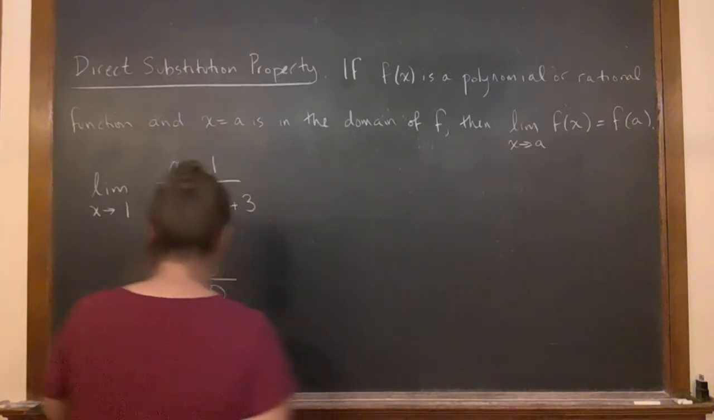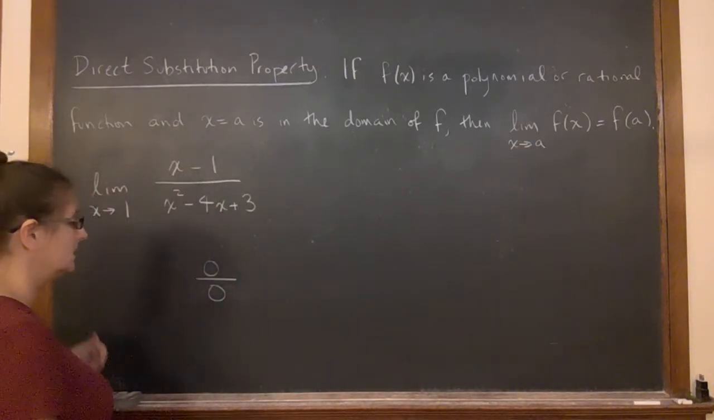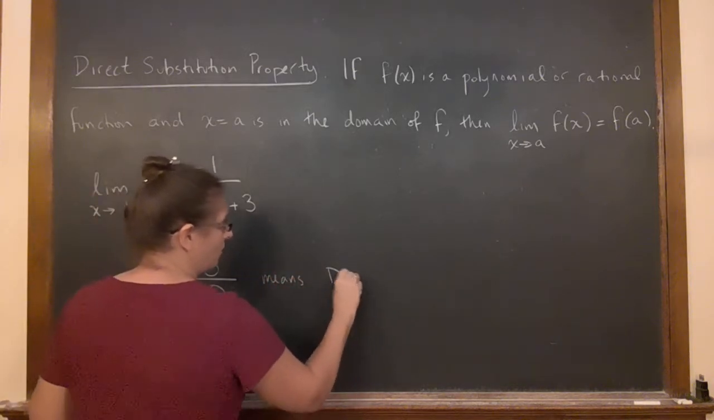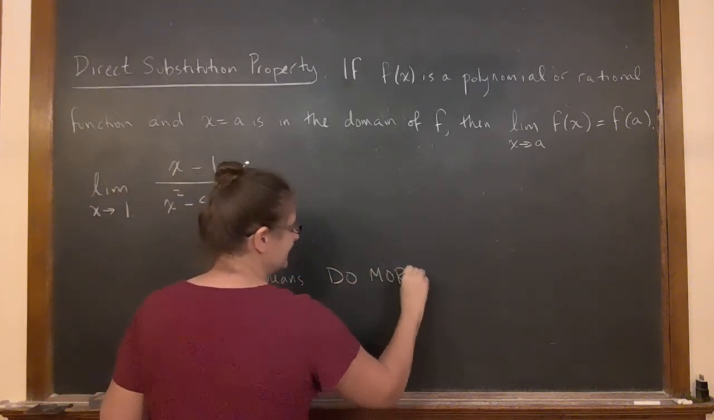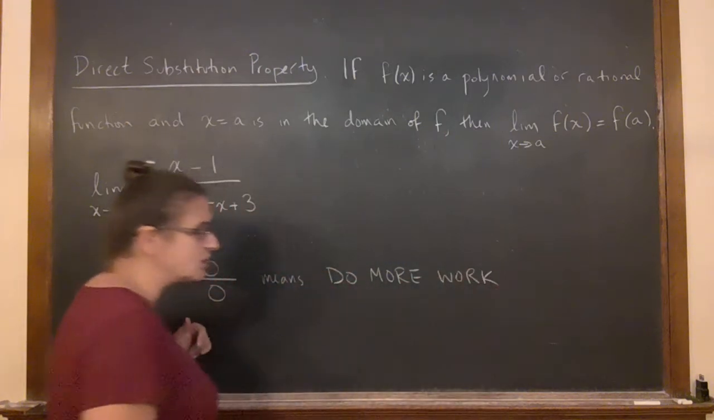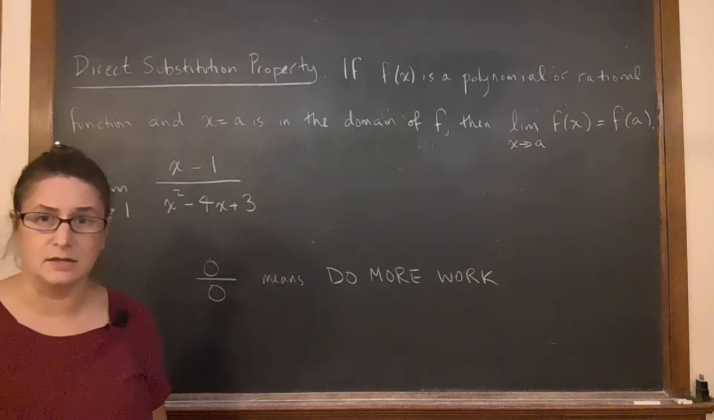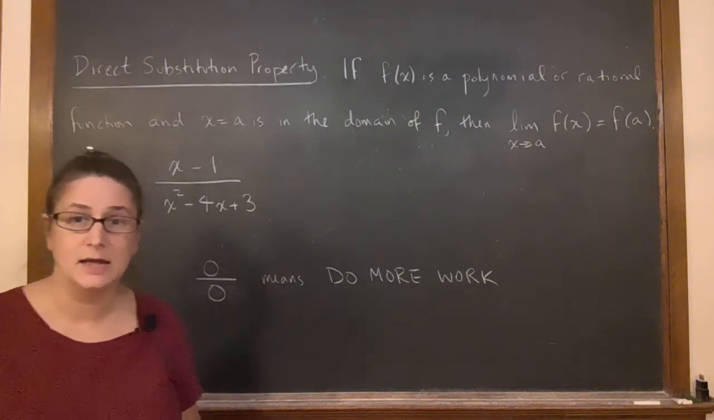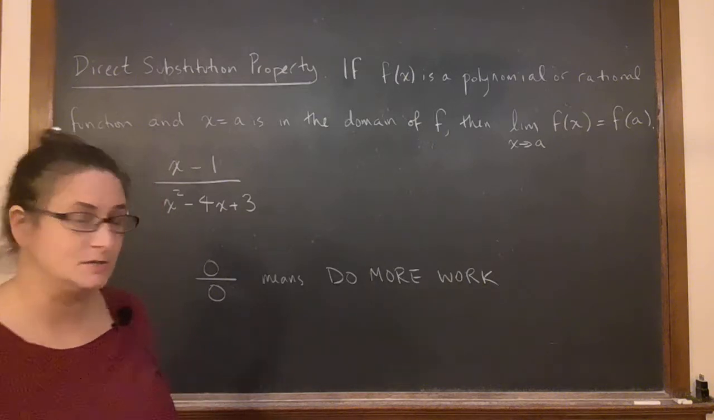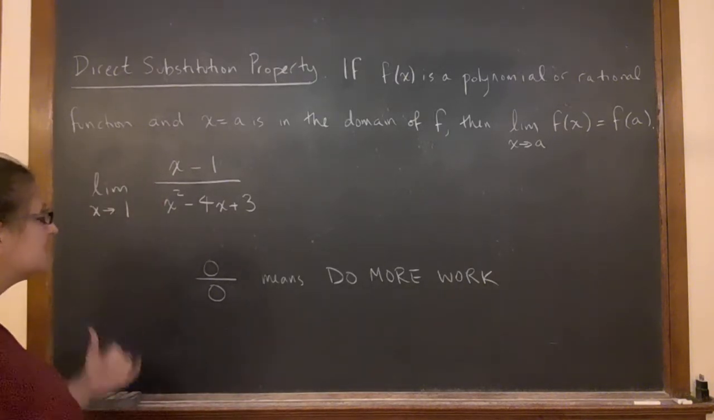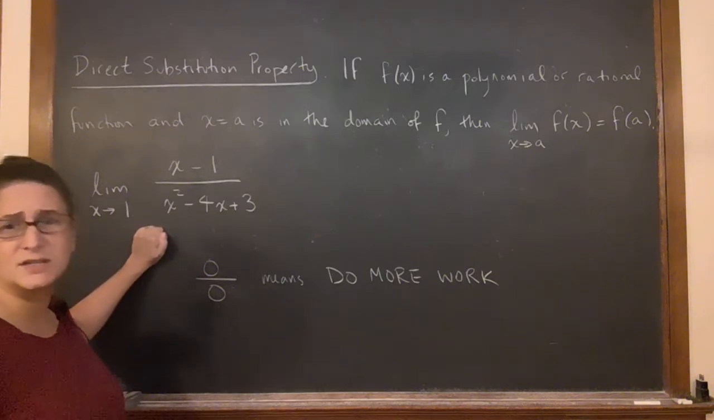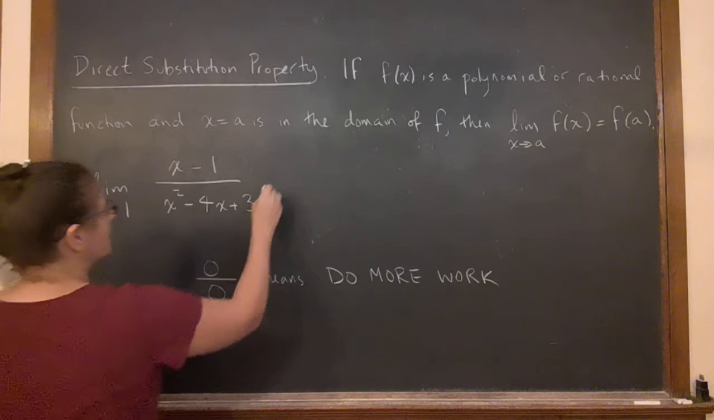So when you get 0 over 0, it means do more work. It means you're not done yet, because that expression doesn't mean anything yet. But you can make it mean something. It means you're not done, but you can finish. So specifically, for this one we know what we need to do because we did it already, right? You just go ahead,